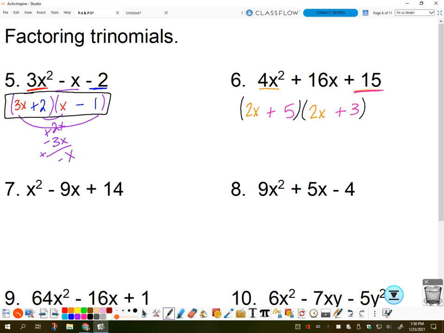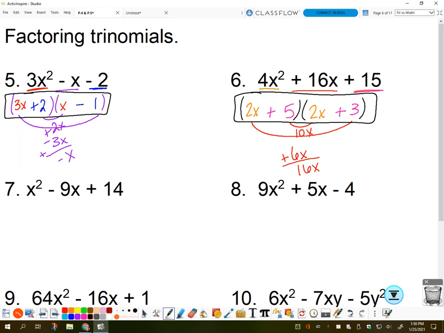All right, so now are we going to get the right thing in the middle? All right, well, let's see how we did. To get this number in the middle, we are going to multiply the outsides, multiply the insides, and if we add those together, do we get the 16? We do. So we got lucky. We got it right the first time. This is the answer. All right, so it's called guess and check because you make educated guesses